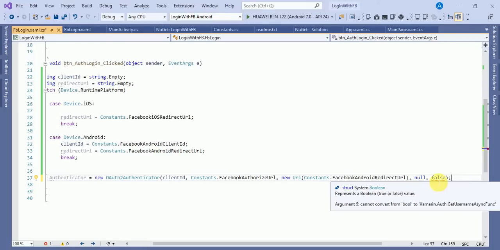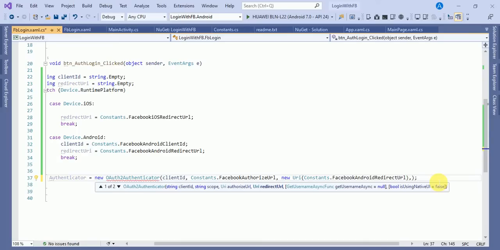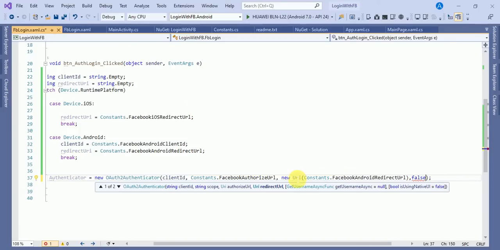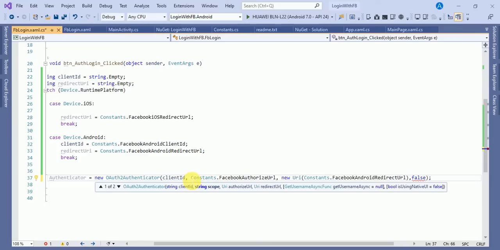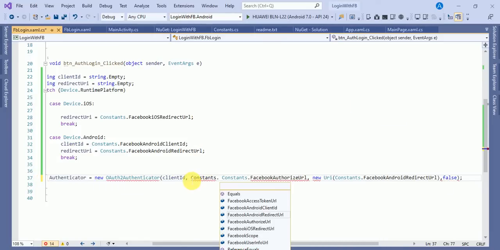Why are we getting this error? I think we are missing something. Is using native equals to false. This will be a client ID, then scope. Okay, we are missing the scope actually, so we have to provide the scope, constants dot scope,